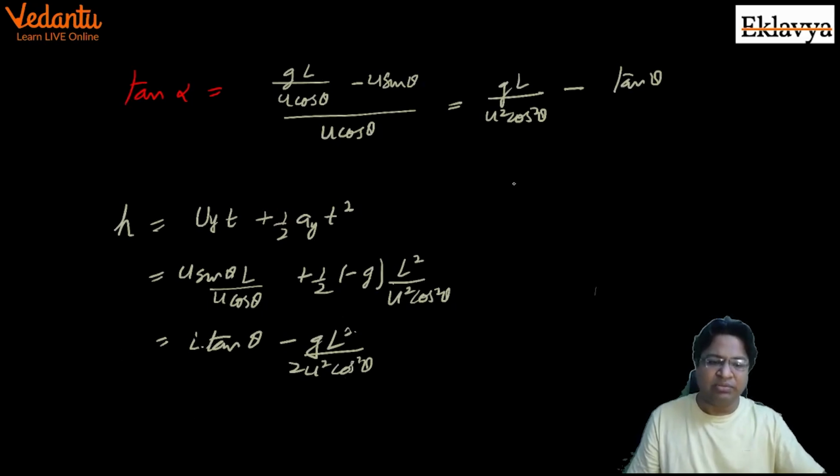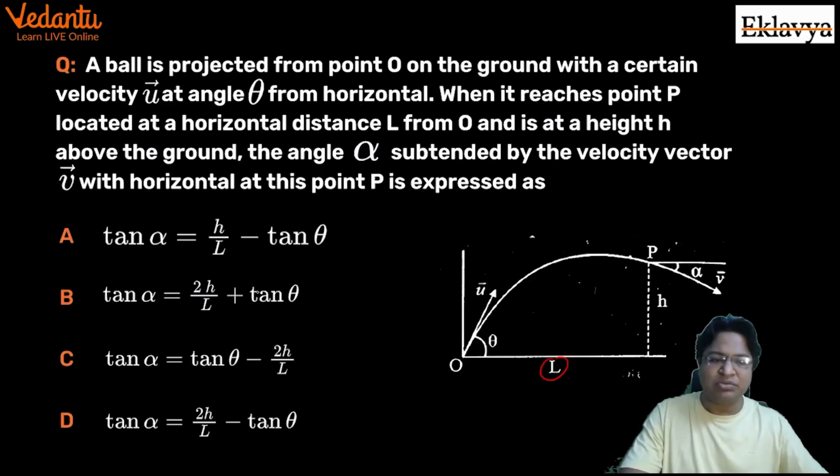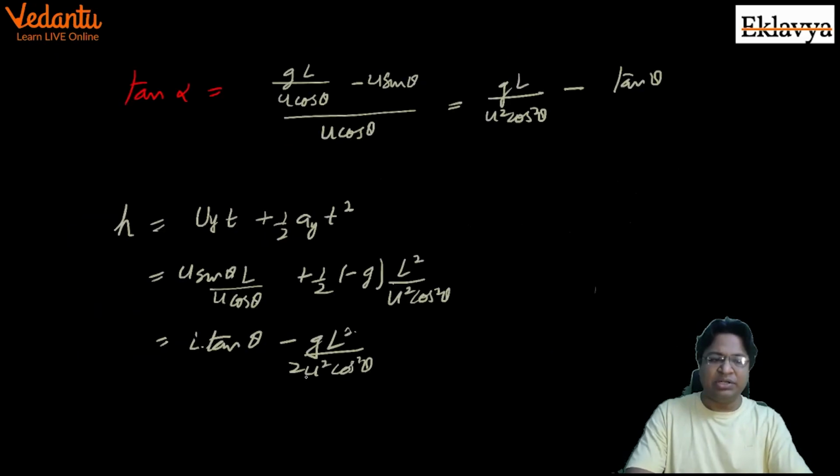This entire thing can be written as tan theta minus h by L, and twice of this minus tan theta. So this becomes 2 tan theta. So this becomes ultimately what? Tan theta minus 2h by L. That is the value of tan alpha. So let me look for this option, tan theta minus 2h by L. So option C. Option C looks to be the correct one, and this is indeed the answer that we gave